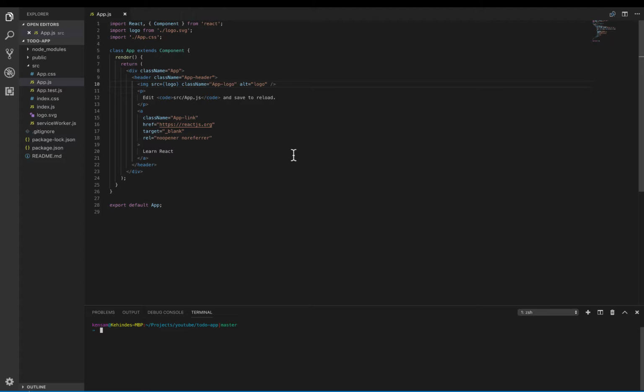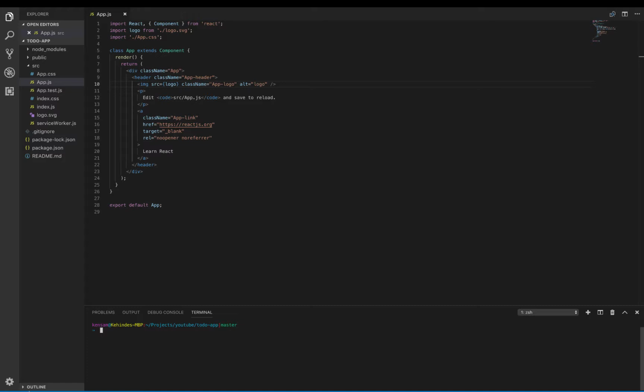First is you want to create your project, your startup project, right? And there are many ways you can do that. But one option which you definitely should opt for is using Create React App. It's a powerful tool that helps us to bootstrap and get started creating a React app. So how do you do that? It's basically create-react-app todo-app, and that's going to go ahead and bootstrap a template for you to